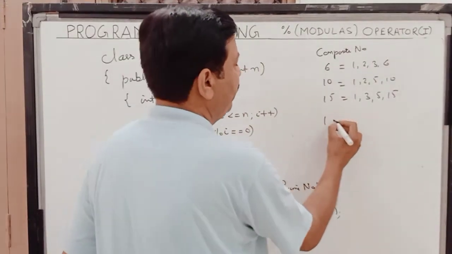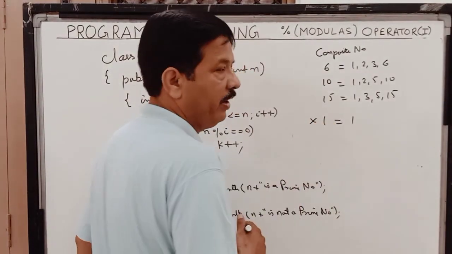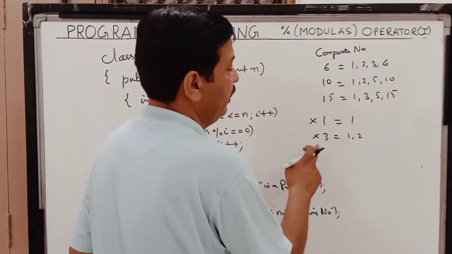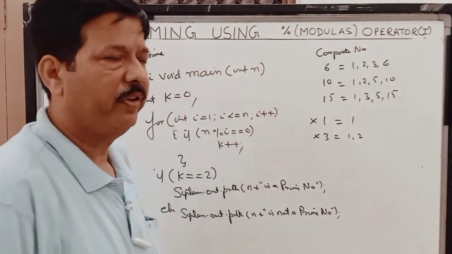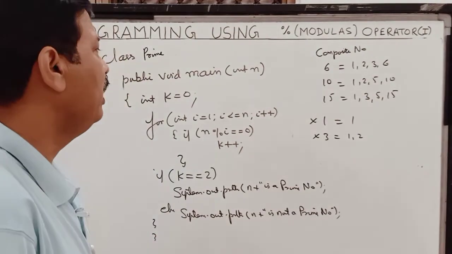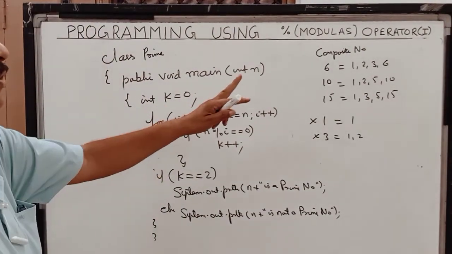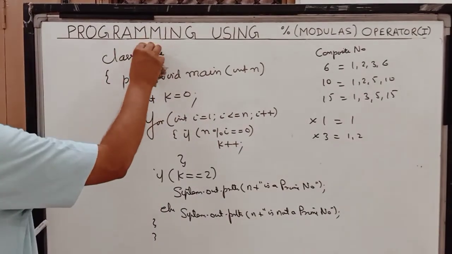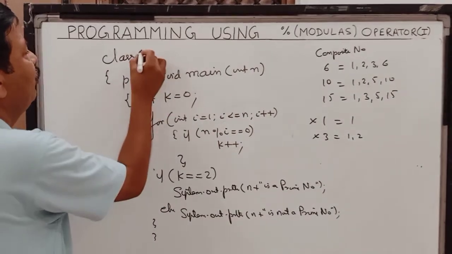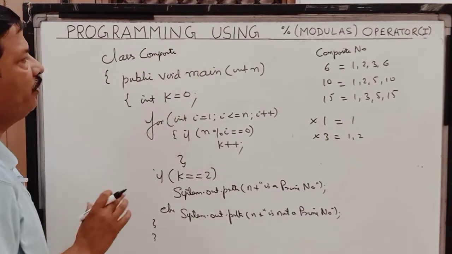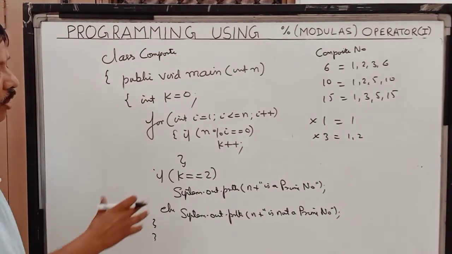But children, 1 is having only 1 factor, but this is not a composite number. And even 3 is having 2 factors, this is also not composite. This is prime, it is not a composite number. 1 is neither prime nor composite. This one is coming in that category. So children, if you want to check this composite number, again the same program can be done. The only change is that you have to change the name also. Composite we have written, and we have counted the divisors.